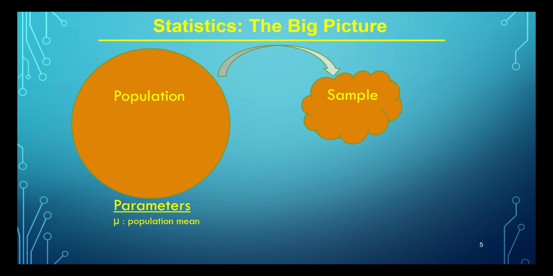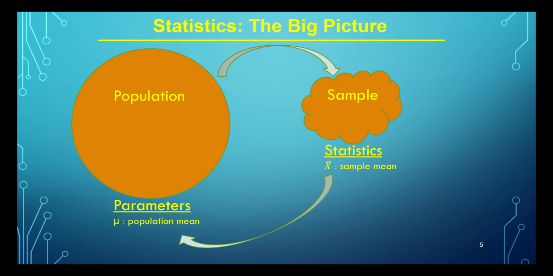And so what we'll do is take a representative subset from that population called a sample. And the sample is easy to get our arms around. Maybe we can't look at everyone, but maybe we can look at 30 people or 100 people. So the sample provides us with numeric quantities that are called statistics. For example, X bar might represent the sample mean. This is the process by which we get to know some properties of the population. X bar represents our best guess at what the population mean is.